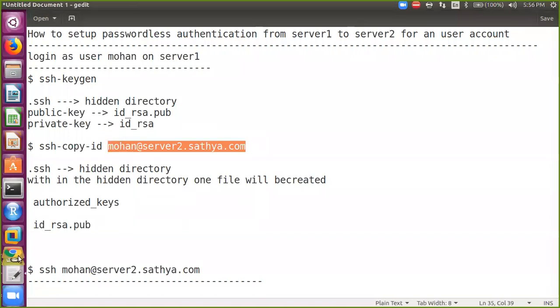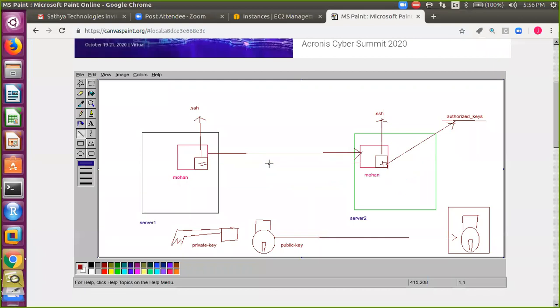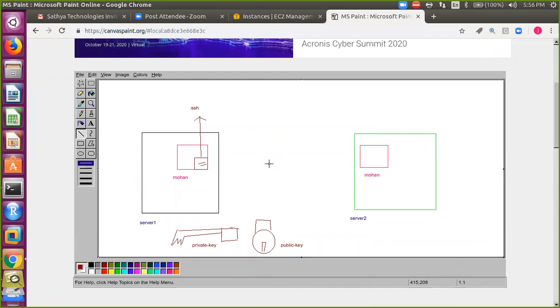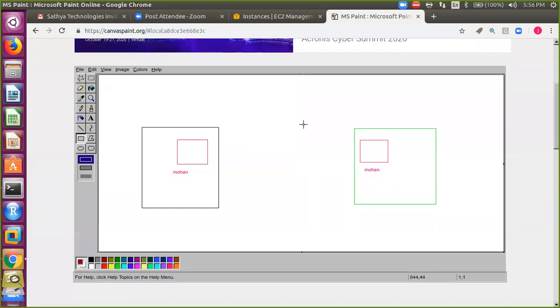If you want to connect to any server with a name, the purpose of a DNS is to resolve host names to IP addresses. There will be a separate server called a DNS server, which maintains all the servers' IP addresses and host names.